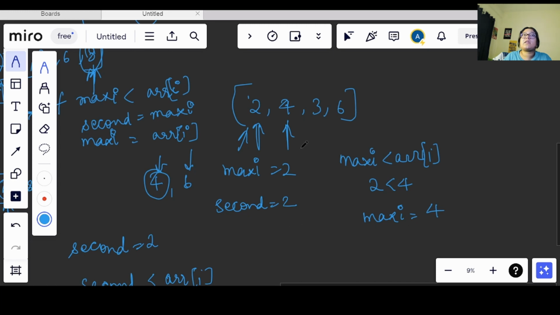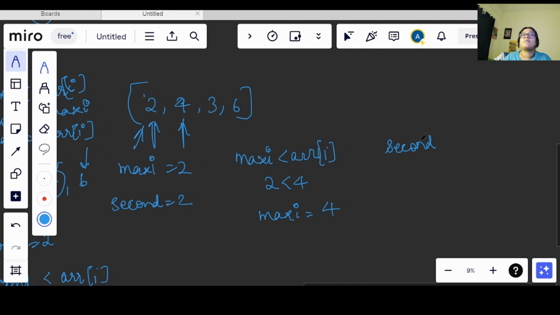Now my second will also check the same value, because I am checking both values at the same time. So I have this second, which is lesser than ARR of I. In the same way, this 2 is lesser than 4. What will happen? Second will also become 4 and maxi will also become 4.